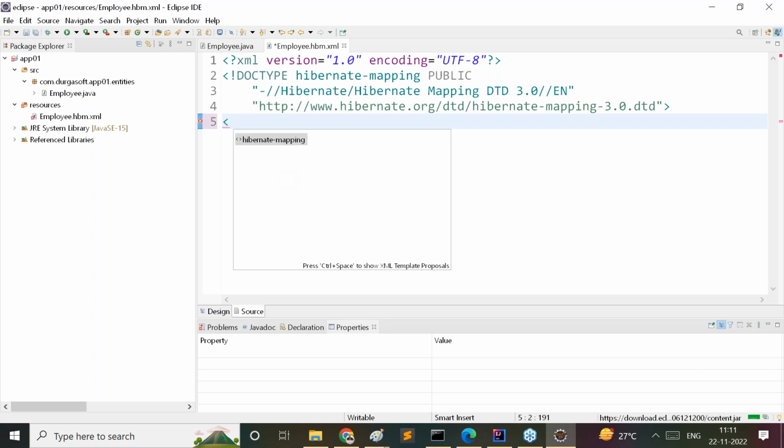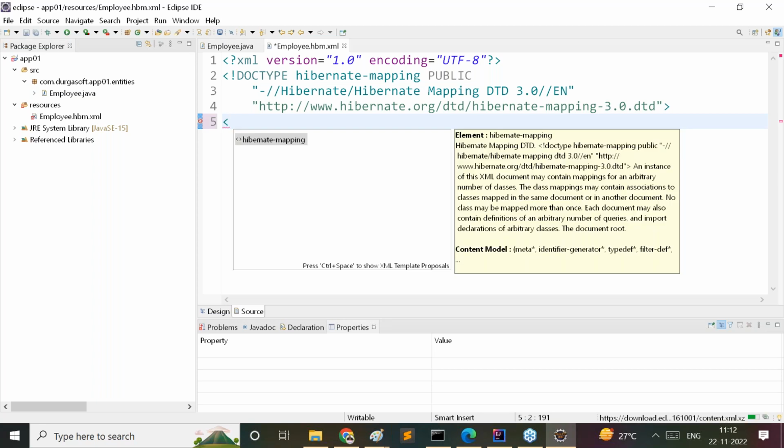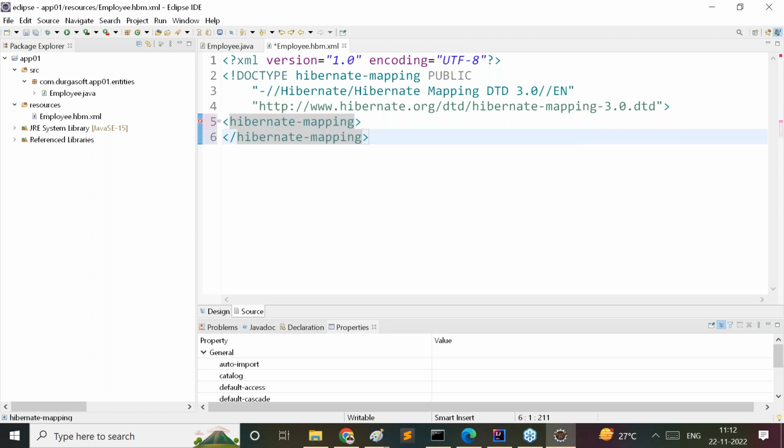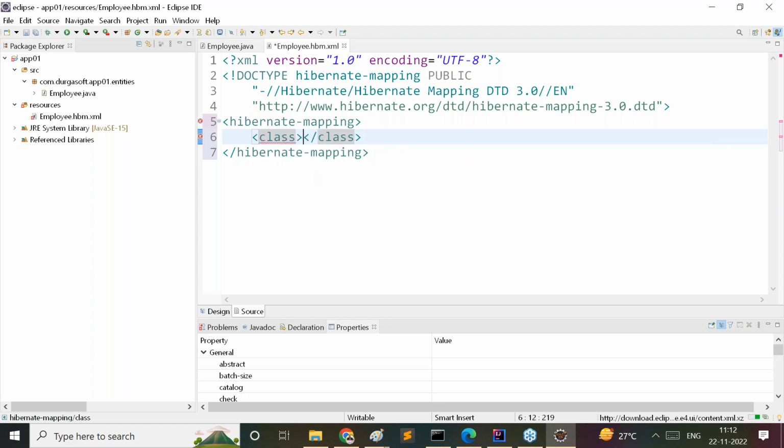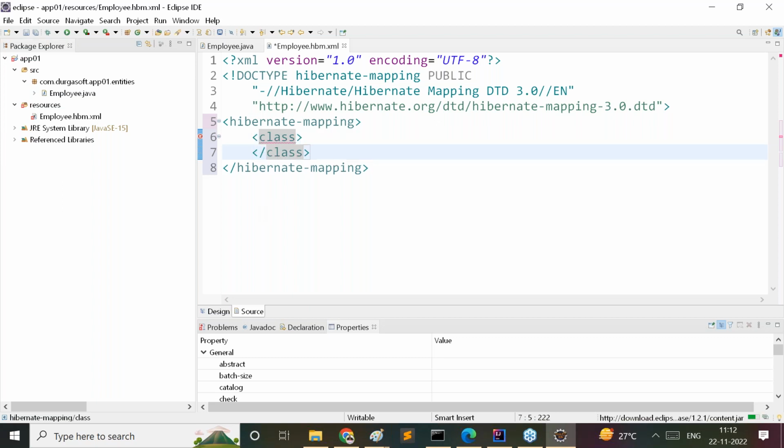First of all, we need to provide what tag, guys? Now tell me what is the root tag here. Hibernate-mapping is the root tag, we required hibernate-mapping here. Inside this hibernate-mapping, then what do we require, guys? Come on, guys, we have to understand this. What tag is required here? Class tag. Already we understood that. To prepare this, inside hibernate-mapping the class tag is required. Now tell me, inside the class tag, what do we have to provide? Here we have to provide a mapping between all object oriented features and as well as